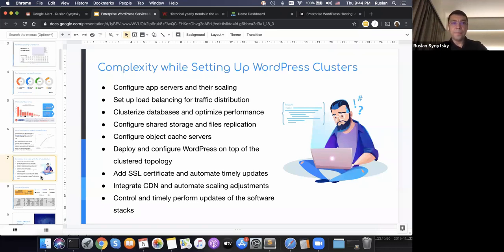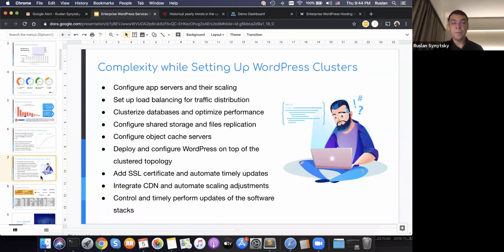And not only setting up the database, you need to optimize its performance, because there are so many parameters that can influence the performance of your application. And of course, one of the best practices is adding shared storage and file replication to share media files across your application servers, right?